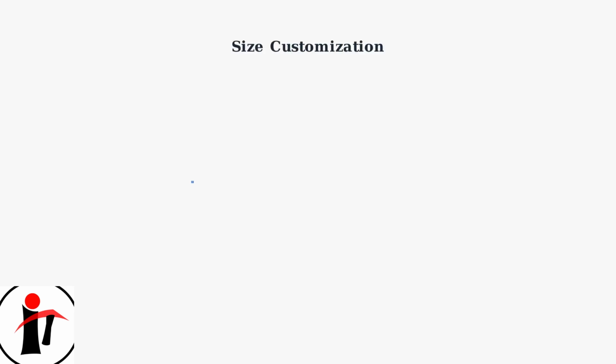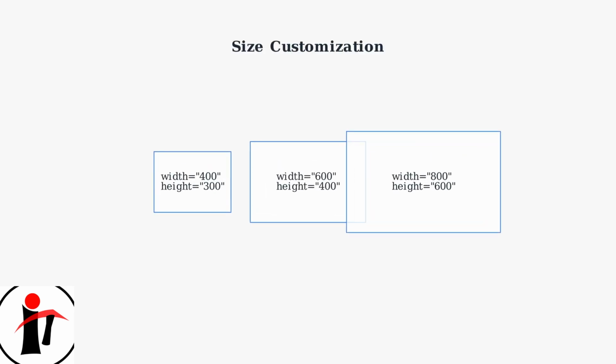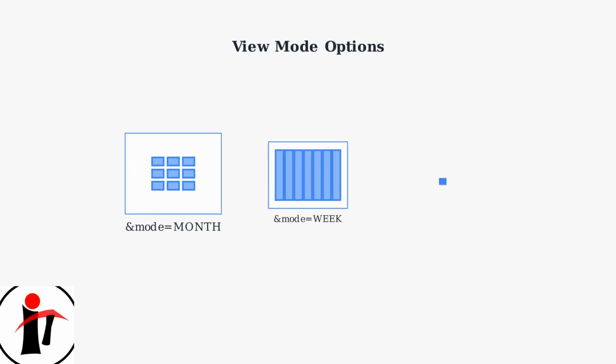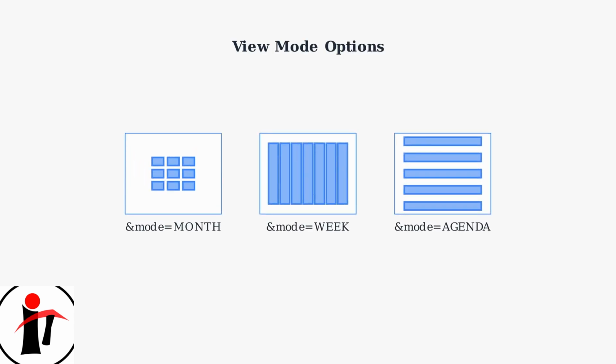You can customize the calendar's size by adjusting the width and height attributes in the iframe tag. For example, width equals 800 and height equals 600 sets the calendar dimensions in pixels. You can also change the calendar view using the mode parameter in the URL. Use &mode=month for monthly view, &mode=week for weekly view, and &mode=agenda for a list